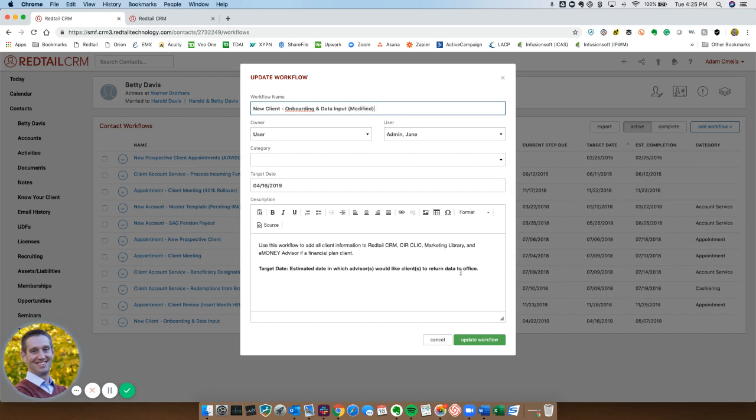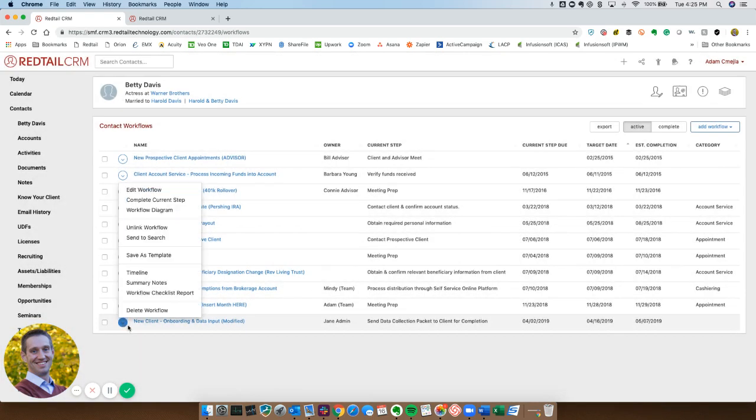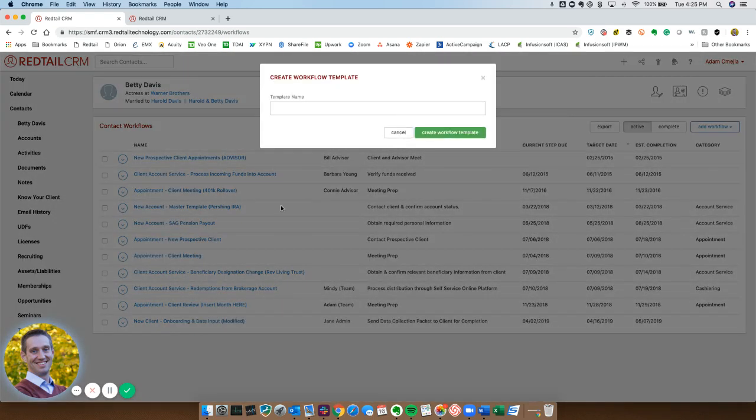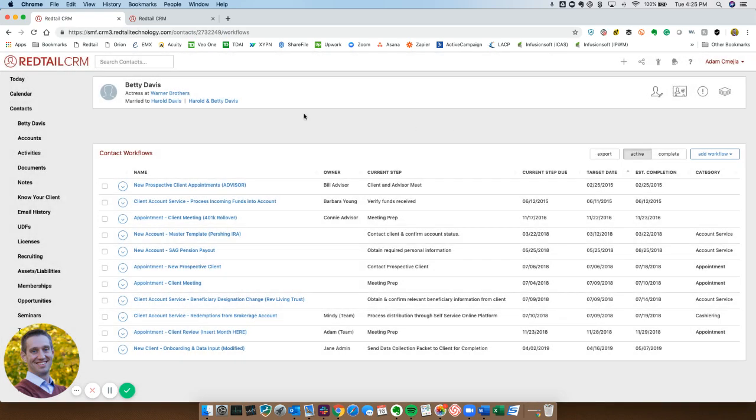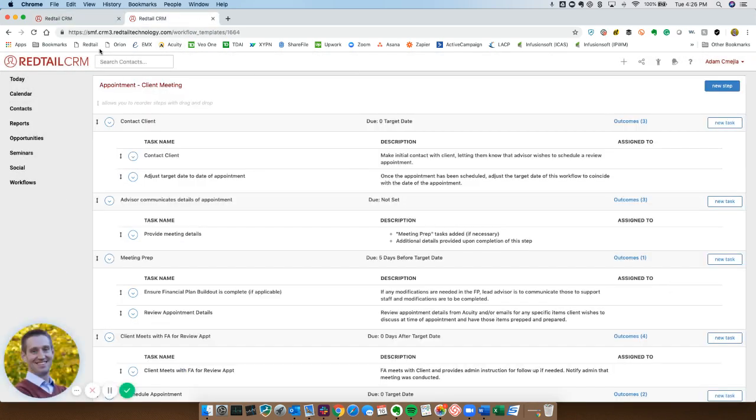We'll name it modified so we know which one we're talking about here. We'll save as a template. I can name this. And now that we have that done, if we go back into our workflow templates,